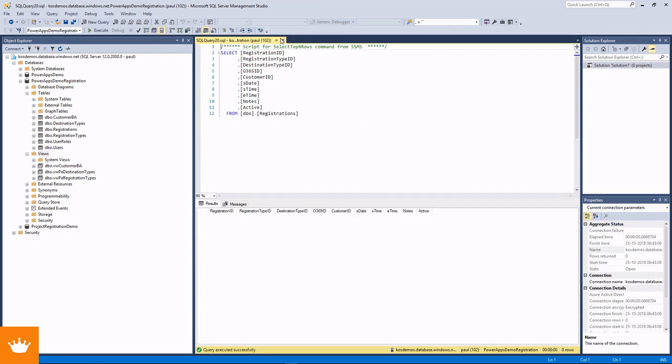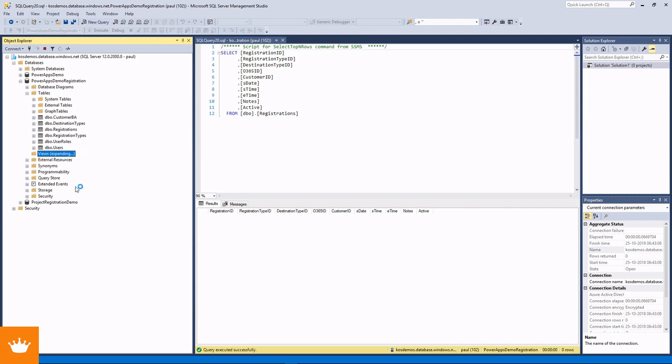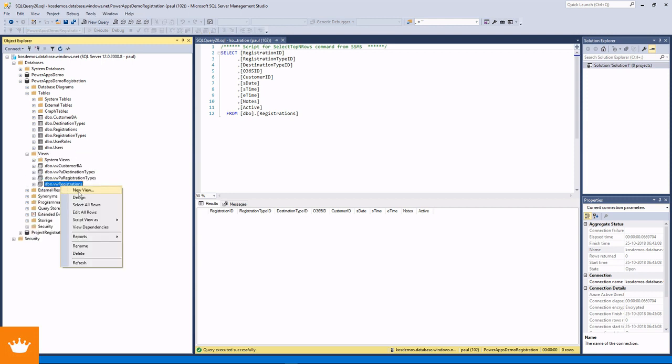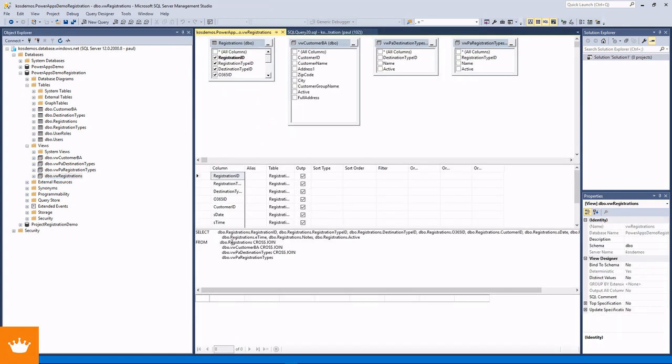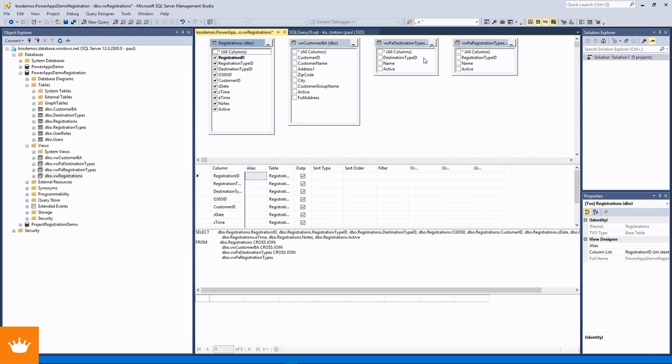Let's close it for now. Refresh our views and design it. And when it's right, PowerApps brings in all the columns as separate fields, and that's what we want. So now we're gonna connect our